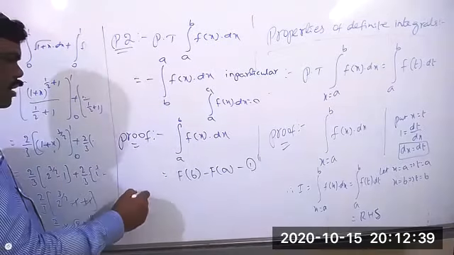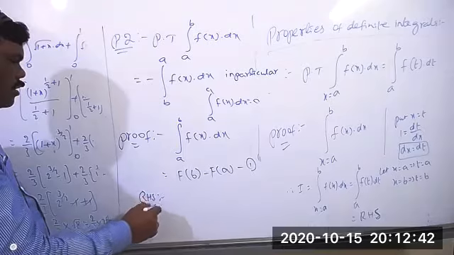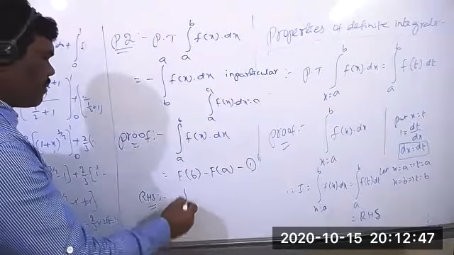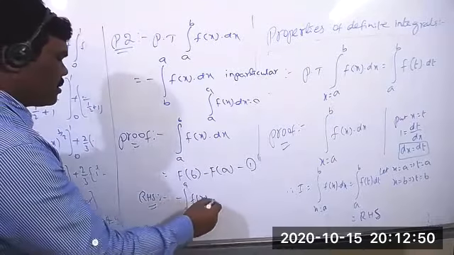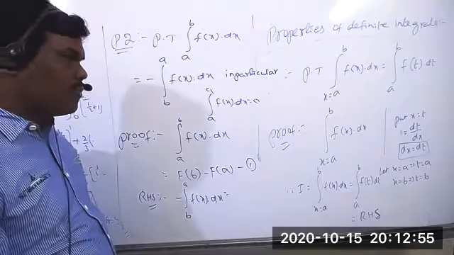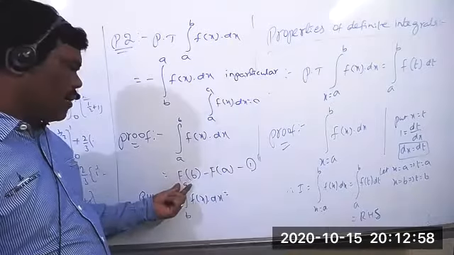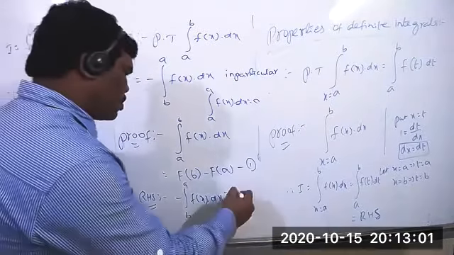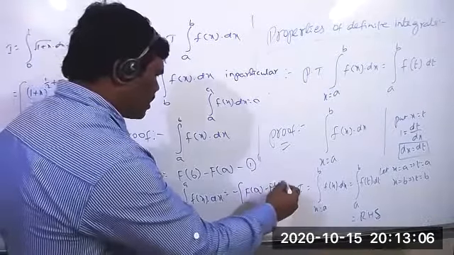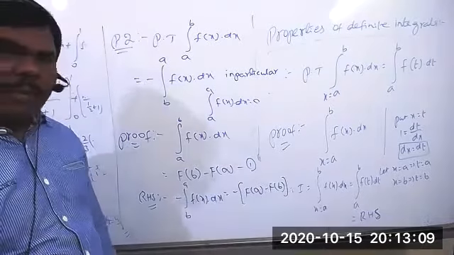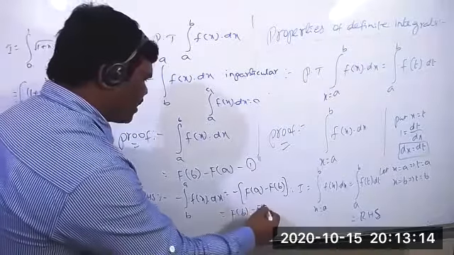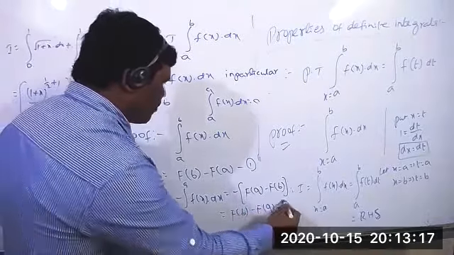Now you can take the RHS here. So what is the RHS now? Minus integration of b to a f of x dx. This also you can apply the fundamental principle of definite integrals. The upper limit minus lower limit we have to take. So minus of this, clearly we will get f of a minus f of b. Now multiply with minus, then what you get? F of b minus f of a. This is equation number 2 now.